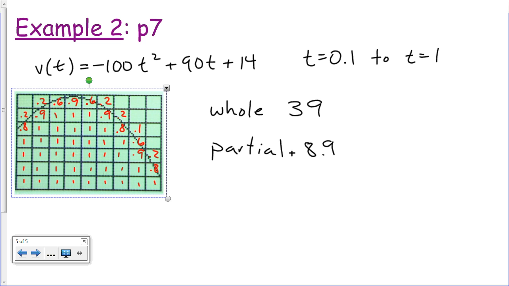Double check those calculations and make sure that's right. As long as that's right, we should have 8.9 plus the 39, which would give us 47.9